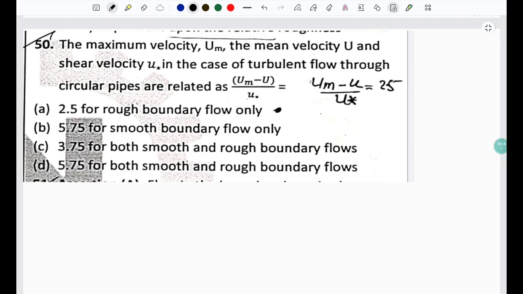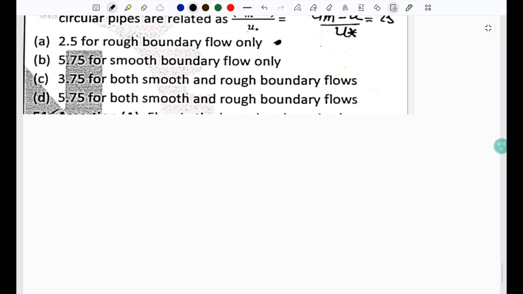The question was asking that the maximum velocity is um and the mean velocity is u and shear velocity is this. Then in case of turbulent flow through a circular pipe, it is related as this ratio is equal to what? Now we must know the concept, since I had not revised turbulent flow: the velocity distribution for turbulent flow in a pipe